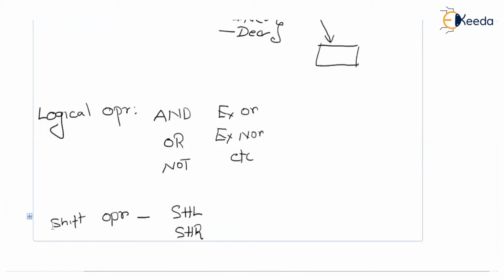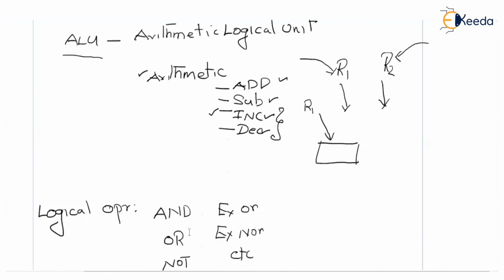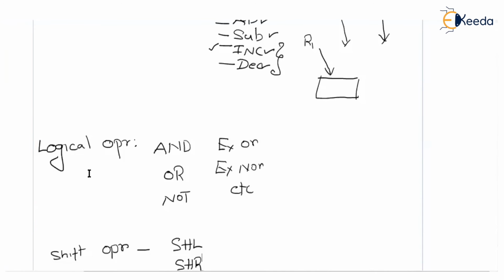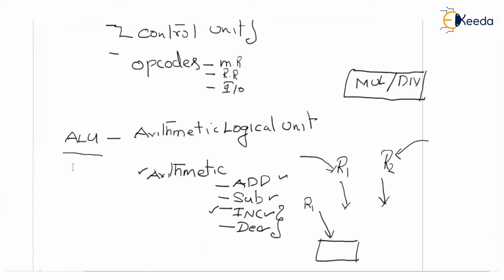And you need to design a shift unit which can perform right shift and left shift. You need to club these three units and connect them together to make a complete ALU which can perform an arithmetic operation or a logical operation or a shift operation